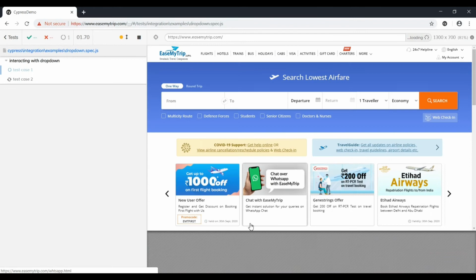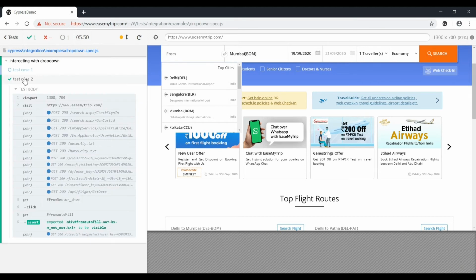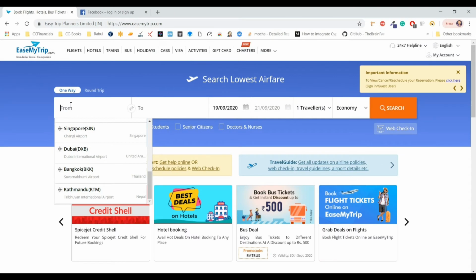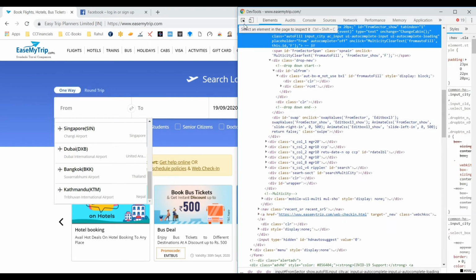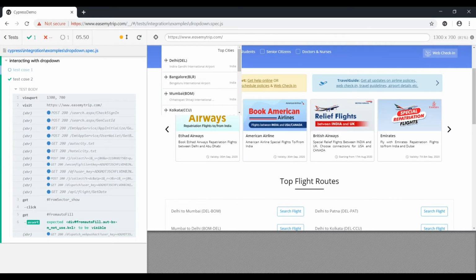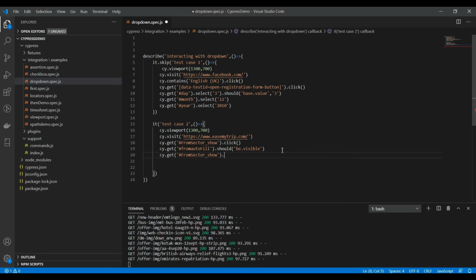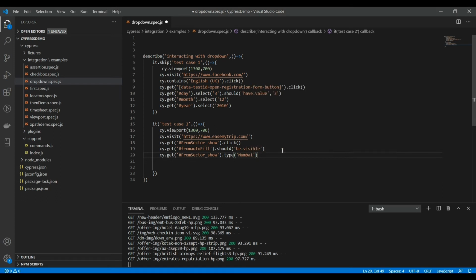So once we click on this from text box, you can see the drop down appeared, and as expected it is visible and the test case passed. Now I want to type in this box and the results will come, and according to the value which I am typing, I want to click on that particular value, the result whichever is coming. Okay, so the locator is available. So instead of clicking, we will type. So we can type any city's name. So not Delhi, because Delhi is the first city which is coming in the drop down pre-selected value, so we do not want to type that.